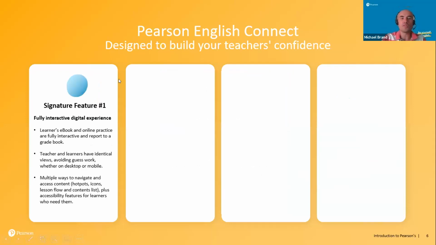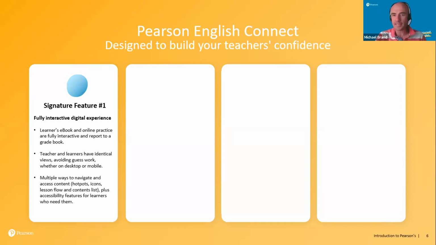As I mentioned, the learner's ebook, so the digital student's book, and the online practice, which you might consider to be the digital workbook, are fully interactive and they all report to a gradebook. So everything the student does is recorded. The presentation tool, so you showing the course book in your classroom or in your online lesson, and the student's ebook are the same.